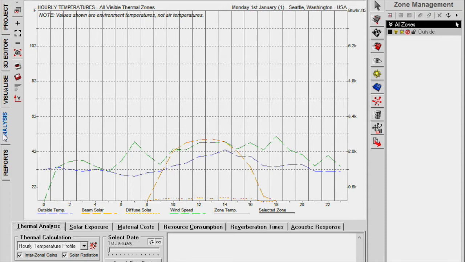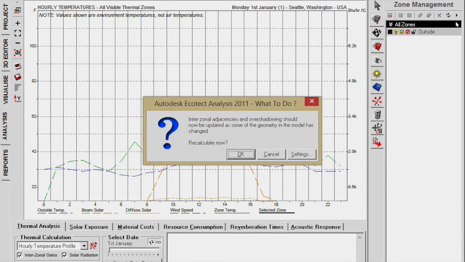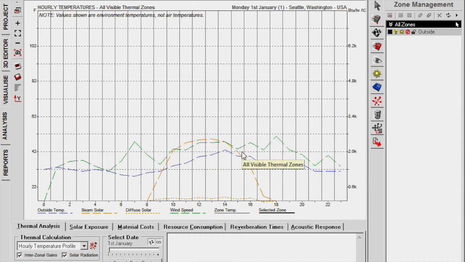So let's take a look at this. There's the outside temperature. Let me run the calculator. This doesn't look like good data. It looks like it's not quite ready yet. Well, oh no, it's the 1st of January. No, it's updated. Okay, if we look at the hourly temperature profile, for example, on the 1st of January,